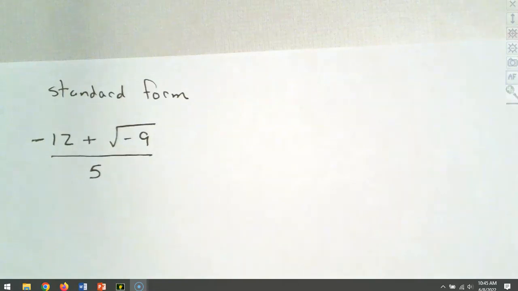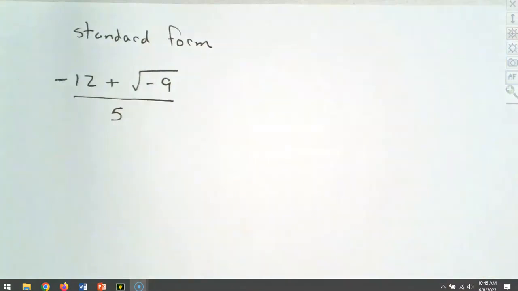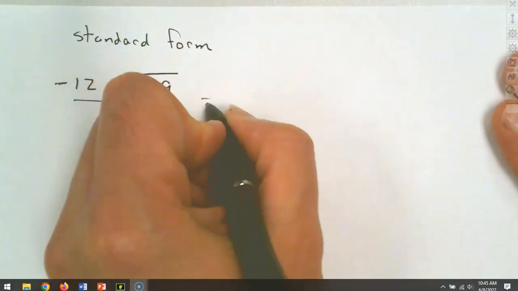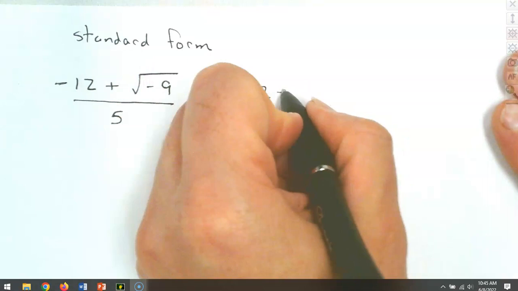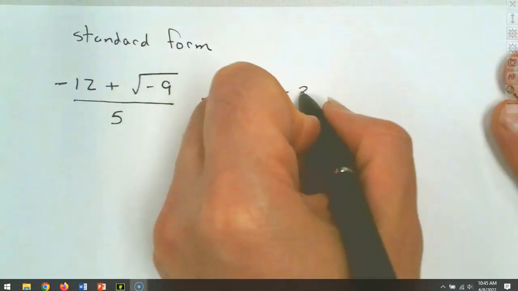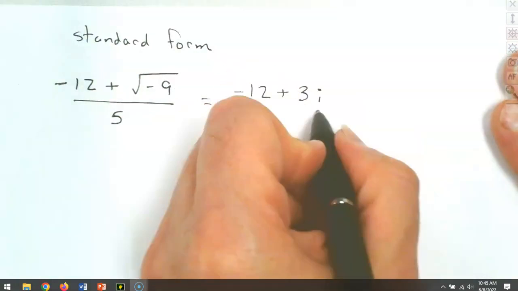And you're going to encounter questions like this in 1-4. This is going to be part of our answer, but we'd have to break it down. In 1-4, when we use the quadratic formula, you will get out something like this, and we need to write it in standard form. So what do we have? We have a -12. And then what about 9? Square root of 9 is 3. It's negative, so it's 3i